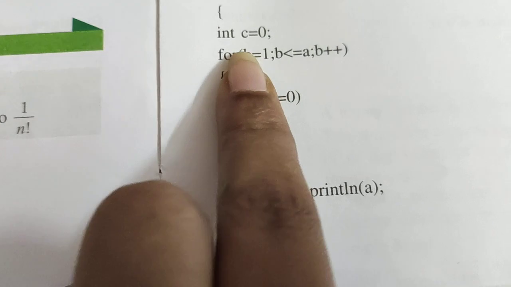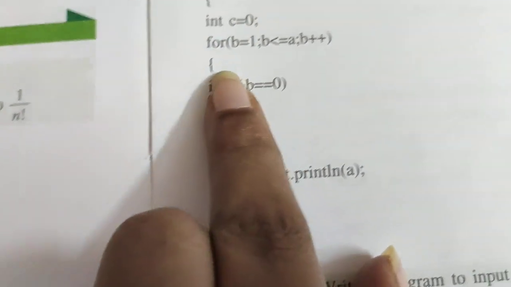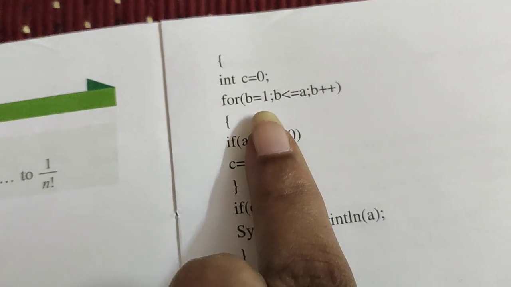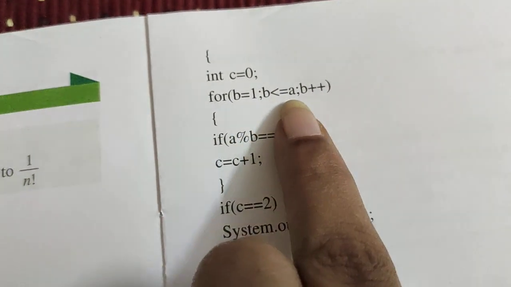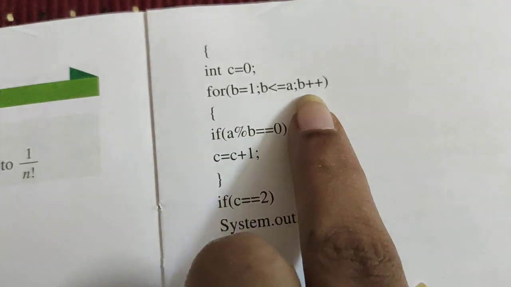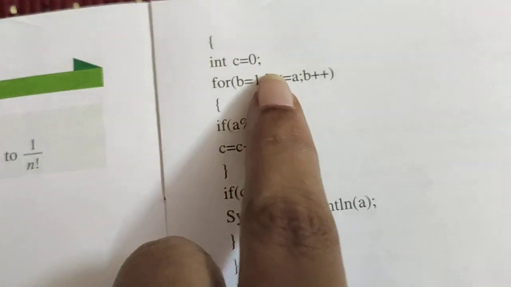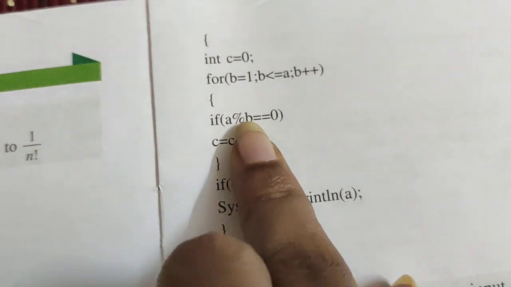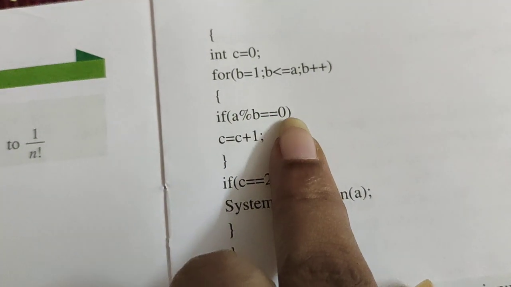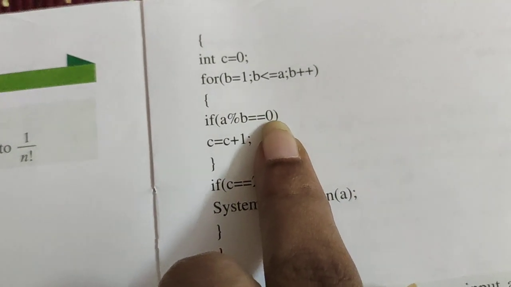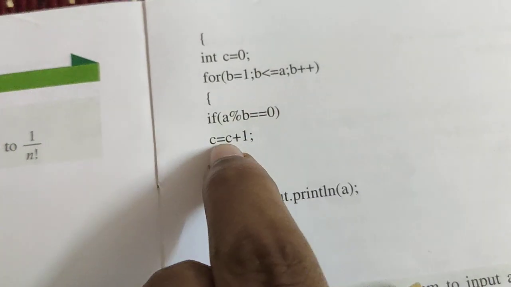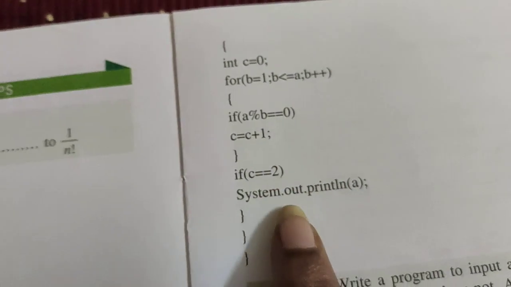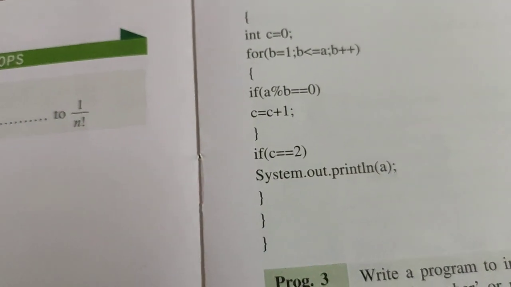So again it is going to come here, int c, and it is going to see in the inner loop b is equal to 2 and now b should be less than or equal to 2 and b plus plus. Okay, because a value is 2 now. So once it is coming here, if a mod 1 is equal to 0, it is going to check. Yes, it means it is going to add the number. Similarly, for the next iteration, it is going to add the number and check.